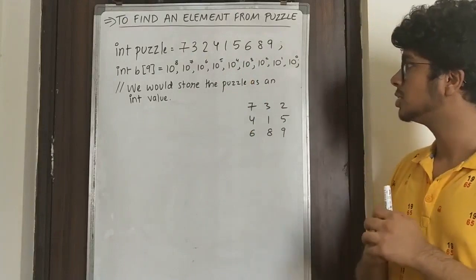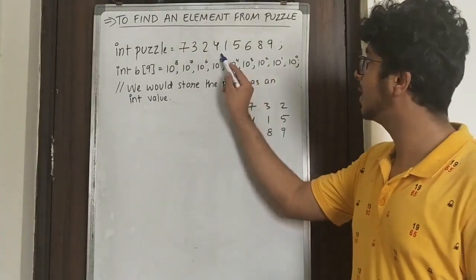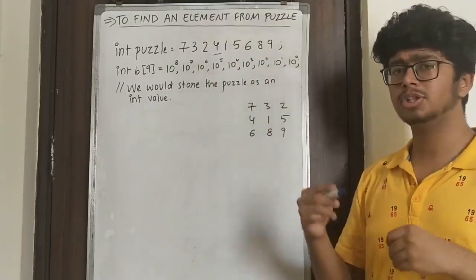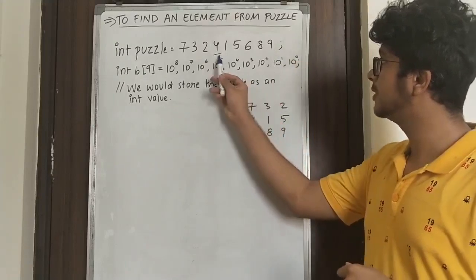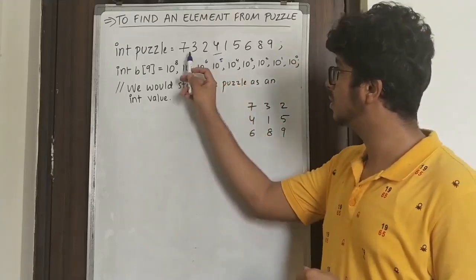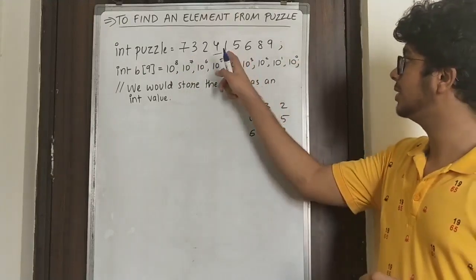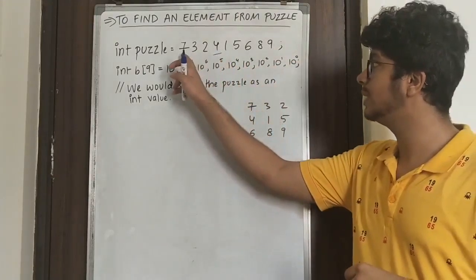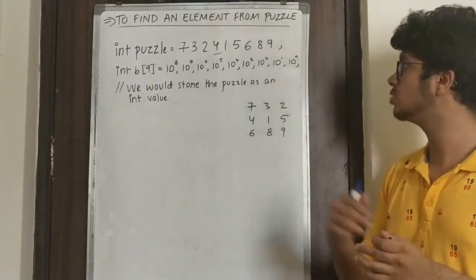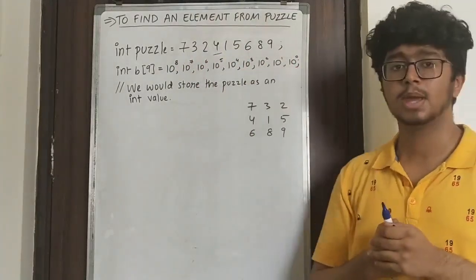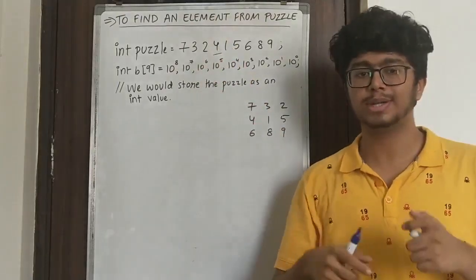What should we do? Basically it is simple, right? Say for example, I want this particular element. I would just divide it by the place value, the power of ten. So for this particular element, I need to divide it by 10 raised to 5. When you do so, all these digits go and what you're left with is 7324. Since you do a single slash divide, it gives you an integer, right? So all the decimal places are gone. Then you need to find the remainder when you divide it by 10.